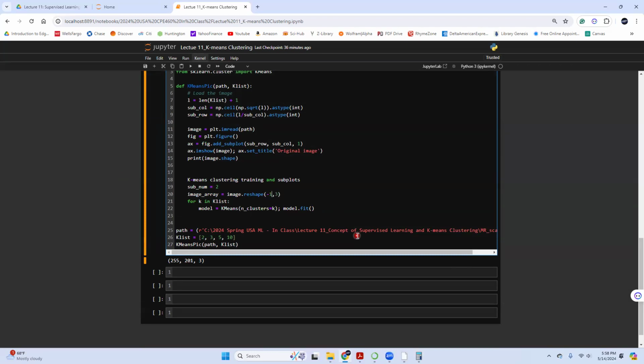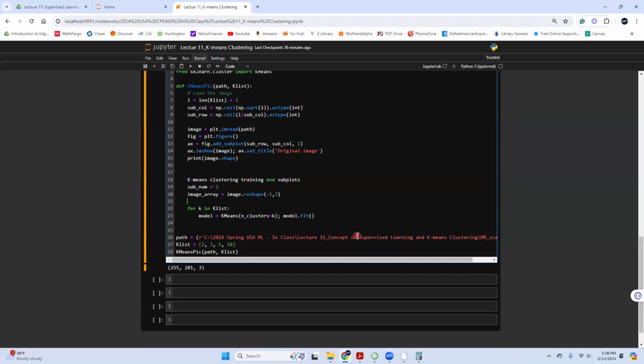The -1 here means I'm saying, hey Python, you calculate by yourself. It's your job to calculate how many rows, but the columns I make to be 3. So if you write this way and print the shape, I will print image array dot shape. You will have this.